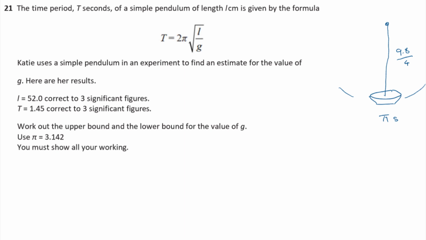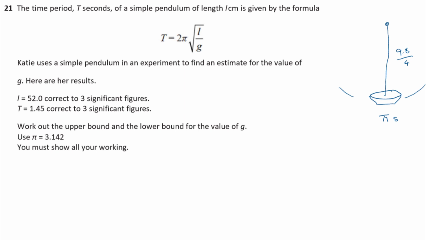But Katie uses a simple pendulum in this experiment to find an estimate of the value of g. Here are her results. L equals 52, correct to 3 significant figures. T equals 1.45, correct to 3 significant figures. Work out the upper bound and the lower bound for the value of g. Use pi equals 3.142. You must show all your workings. Okay, so actually this question has nothing at all to do with swinging chicken pies, but everything to do with